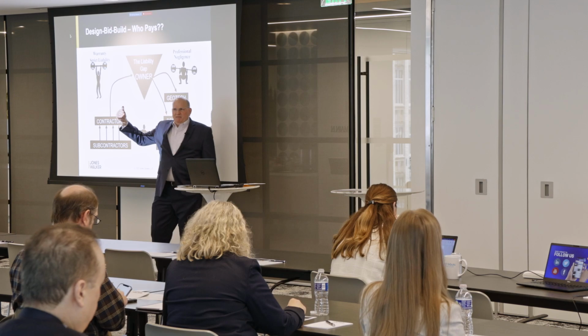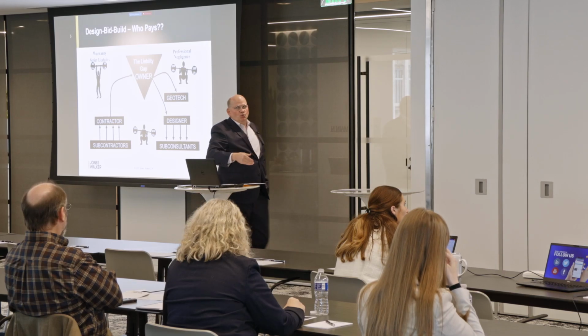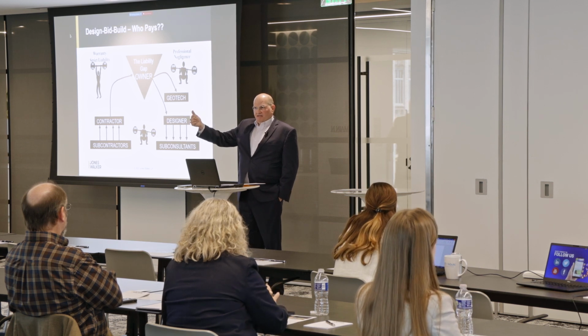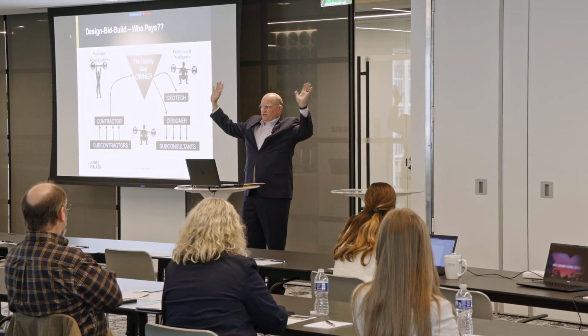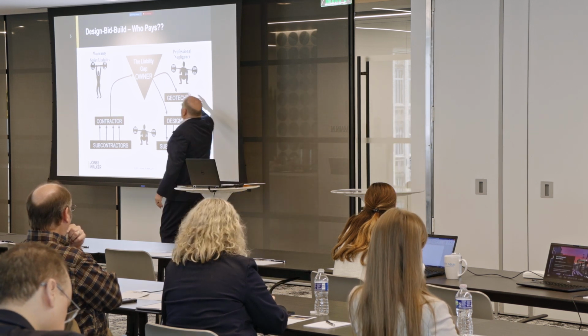We're talking about design-bid-build, and again, ignoring Lonergan for a second, it's the implied warranty of the plans and specifications on the part of the owner. Now that's important because the term is warranty. A warranty is a guarantee. It's strict liability. So in terms of the implied warranty of the design, all you need is a defect in the design and damages. Strict liability, the owner's liable. That's it.